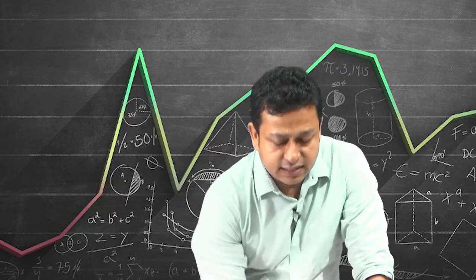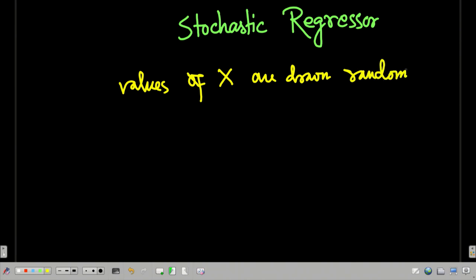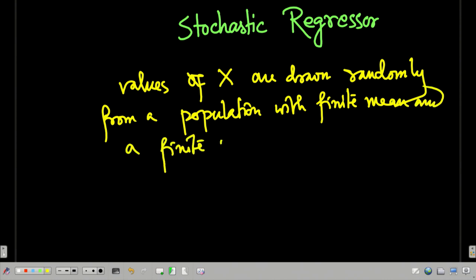A stochastic regressor is a regressor where the values of x are drawn randomly from a population of finite mean and a finite non-zero variance. Now, what do I mean by this,